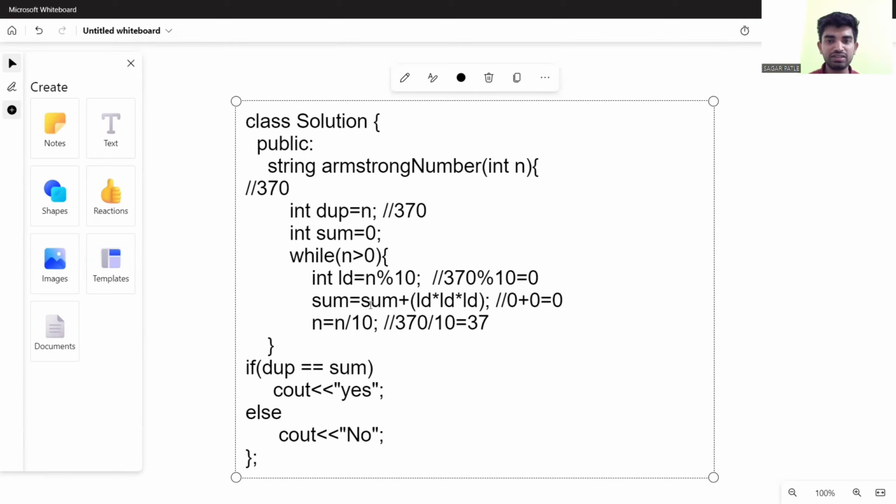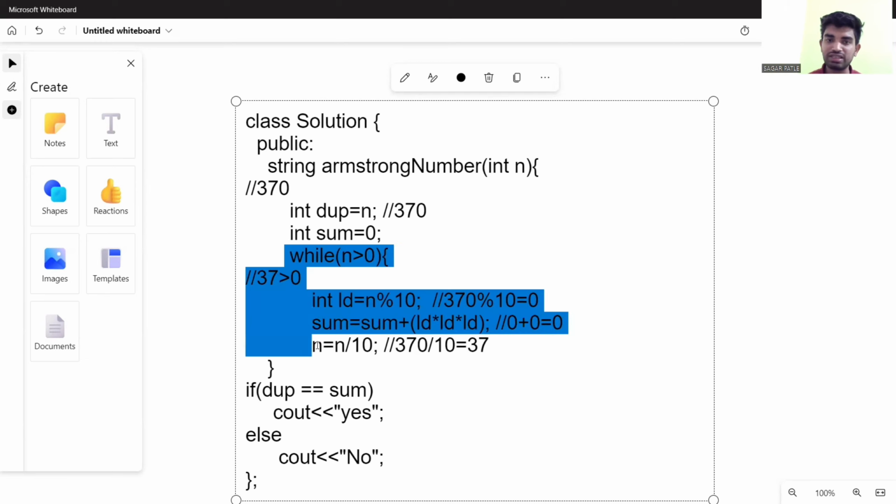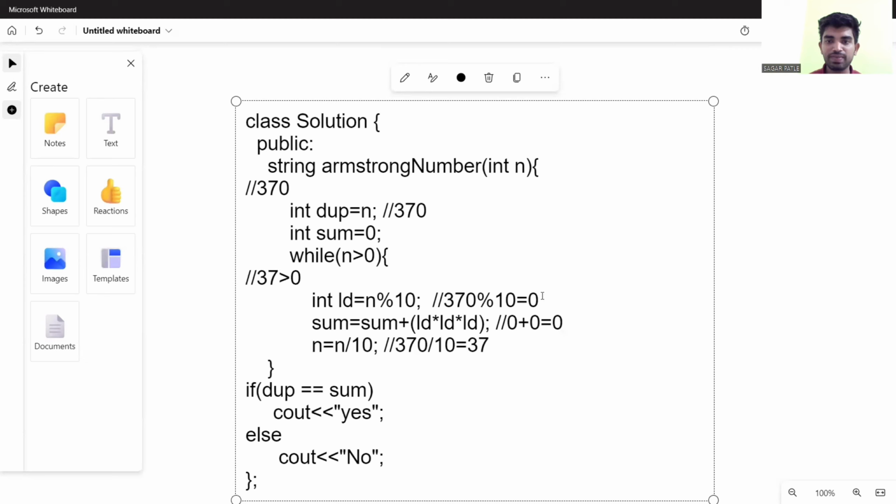We check the condition. Here n equal to 37. 37 is greater than 0. Yes, it is true. So we go inside the while loop and calculate the last digit. 37 modulo 10 is equal to 7.